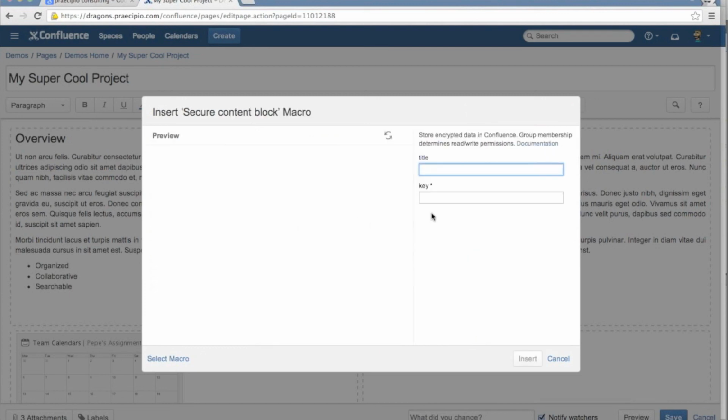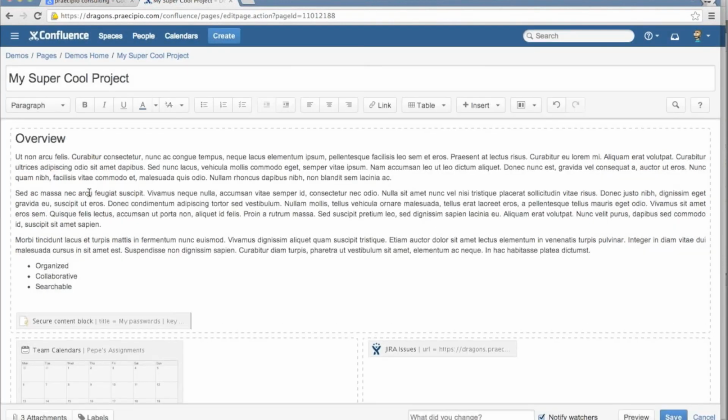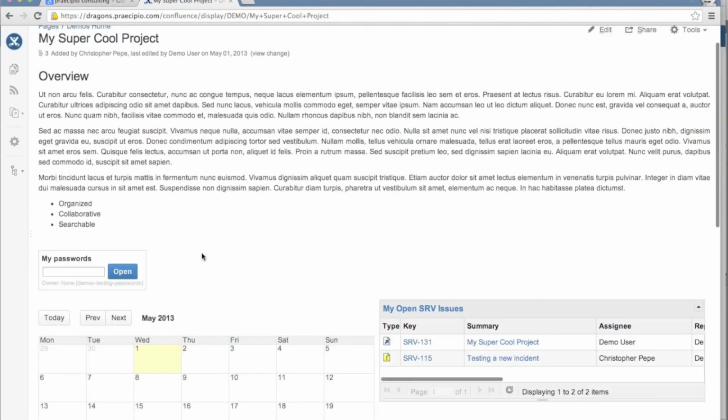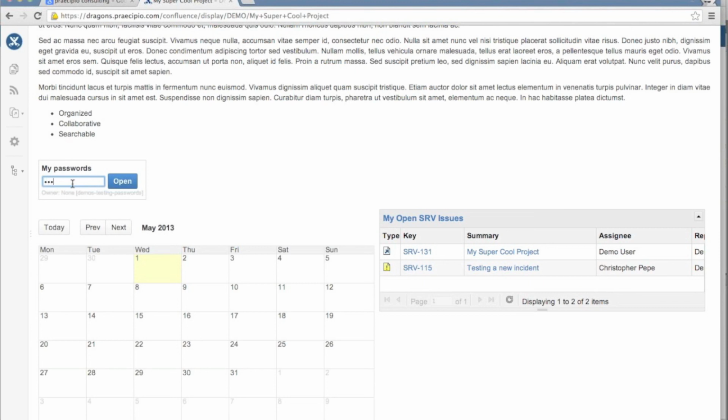So the secure content block, you just give it a title. I'll actually sanitize the key for you. The unique key is going to be the thing that points at that secure content block itself. And then you use your Confluence password to open a block up. You can put in whatever you want for your content. And